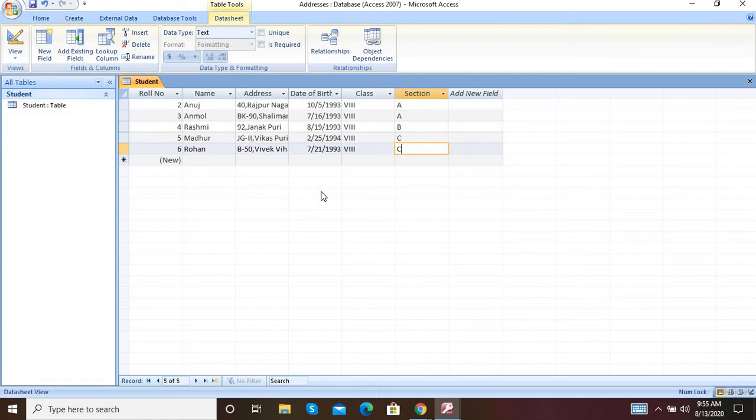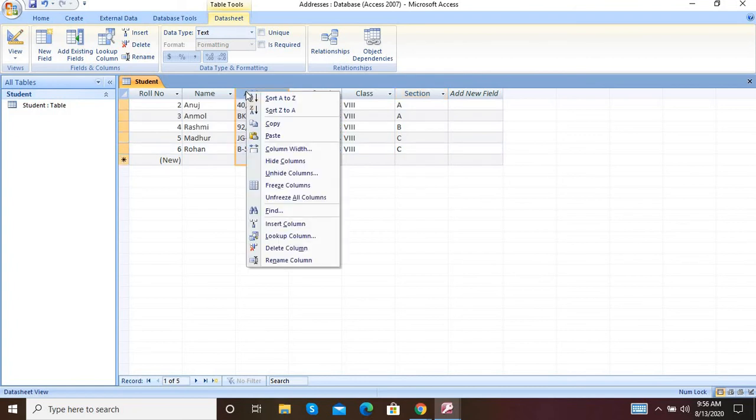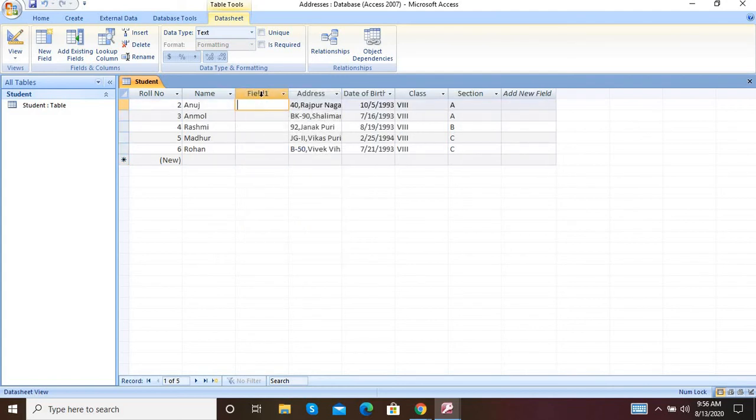In that, insert a new field between name and addresses field. So the second practical, how to insert a new field. For that, right click on the address field. Here are the insert option, delete option, rename option. So we have to insert a column. Click on insert column, and here we have to add the field as last name.